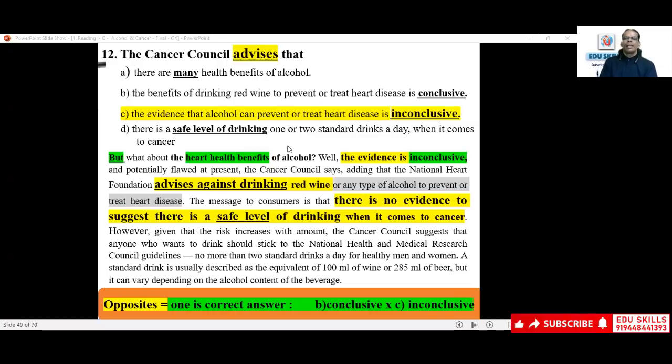If the topic sentence says it is inconclusive, then no conclusions or factual statements can be drawn from that particular paragraph. So if you are sure about the difference between opinion, advice, suggestion, and factual statements, then immediately you can confirm the answer. So the contrast options are A, B, and D. A, B, and D are just contrasting the very topic or focus point, inconclusive, by telling it is concluded or conclusive or confirmed.